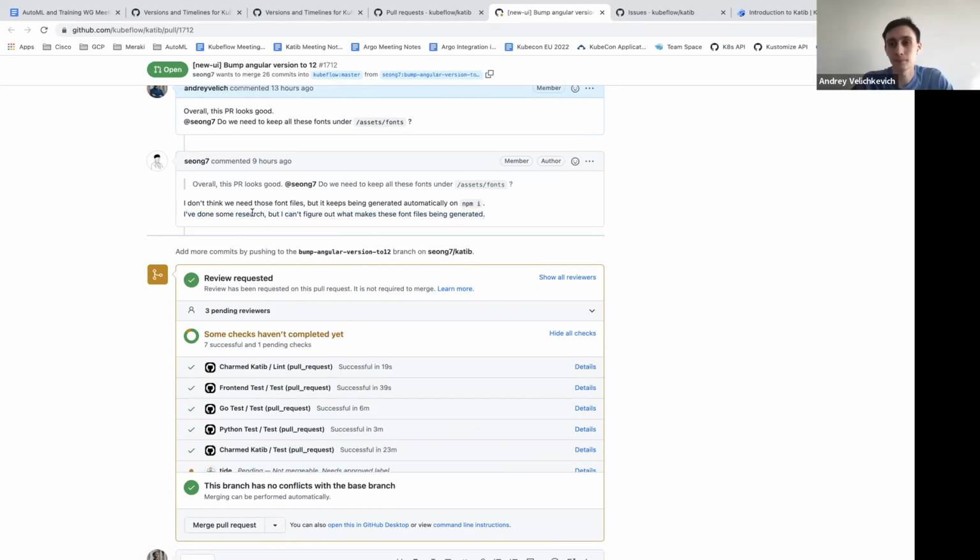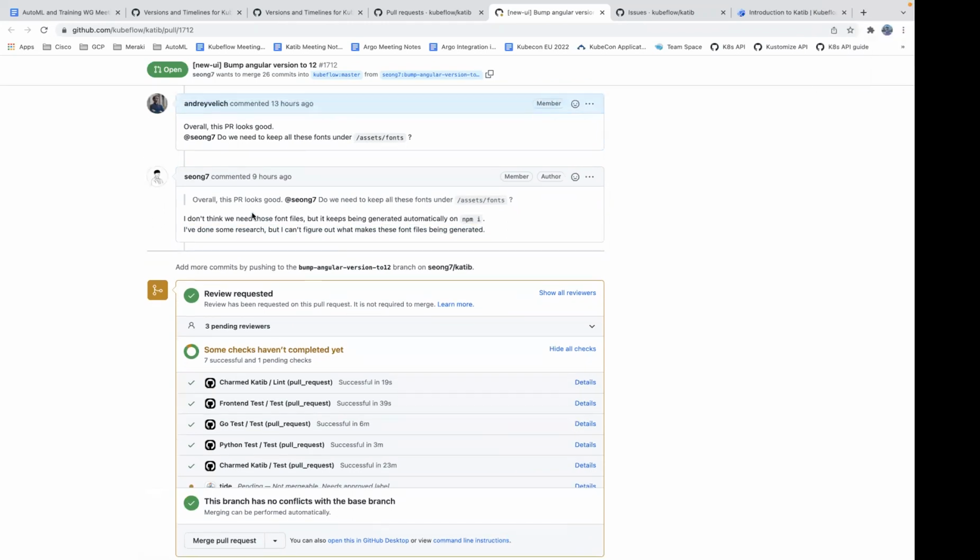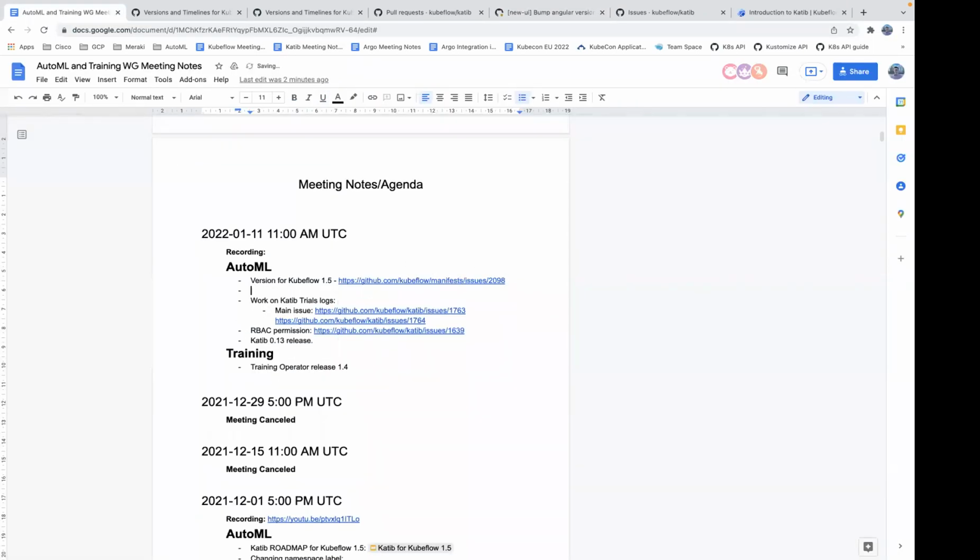Okay. Let me think. Oh yeah, the fonts are definitely an issue, because I saw that over there. The question was whether we should merge the pull request for Angular 12 there. This is why you were evaluating the versions.